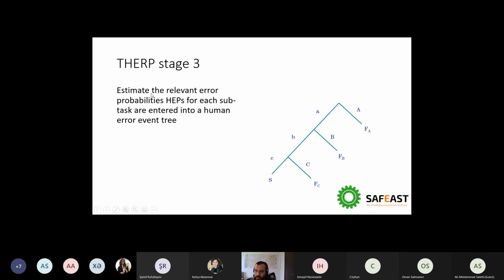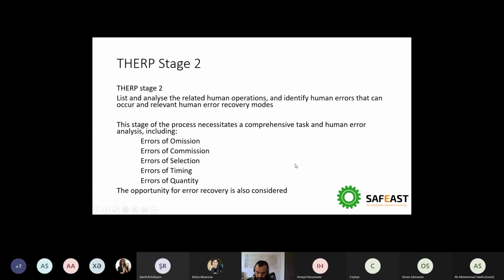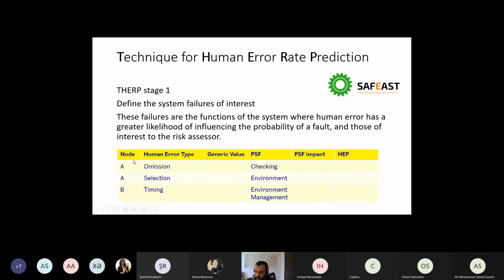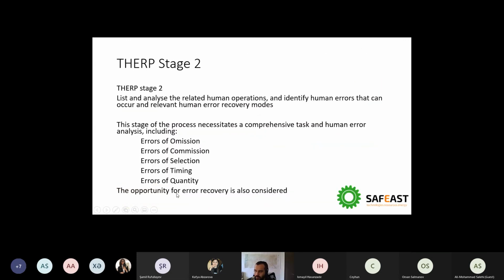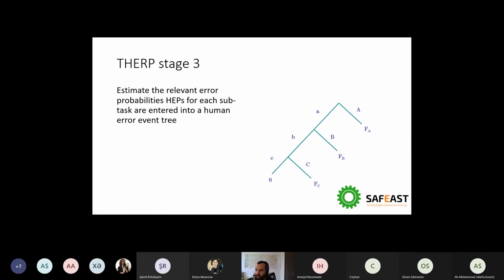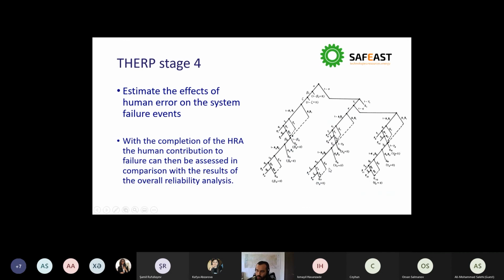You need to estimate relevant error probabilities for each subtask. Let's say we have A, B, C as described here. Let's say you have 3 error types, and then you quantify each of them, and finally you will have something like that,